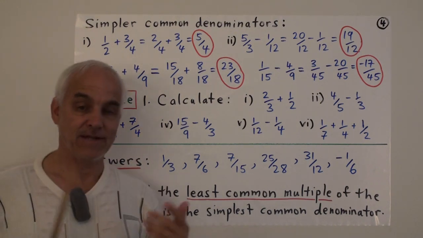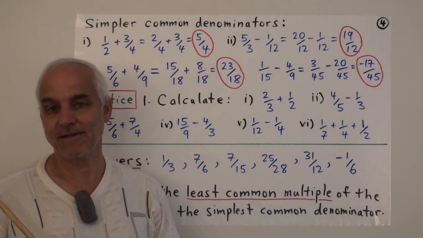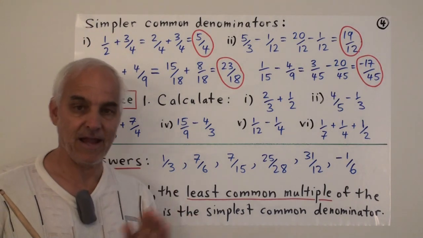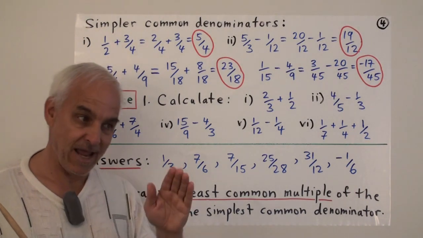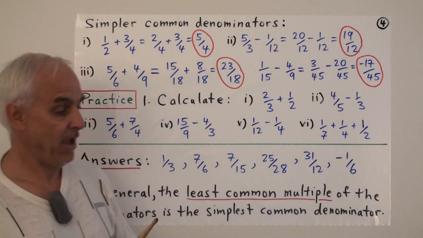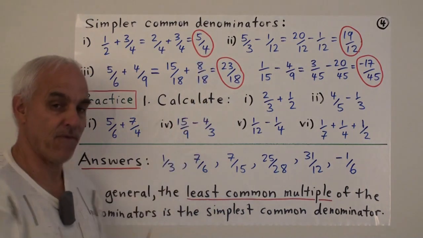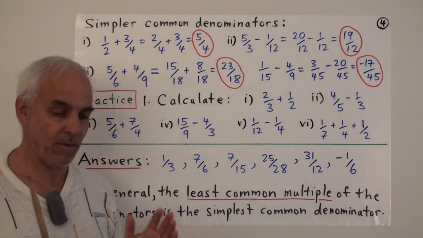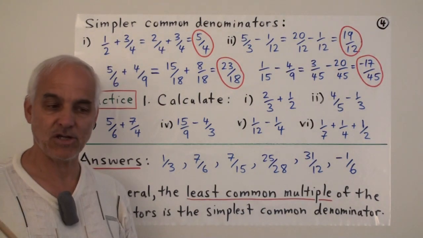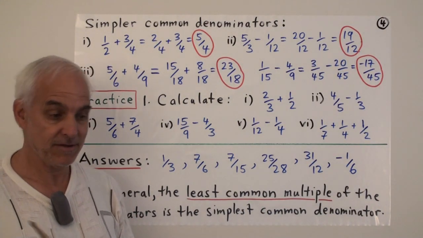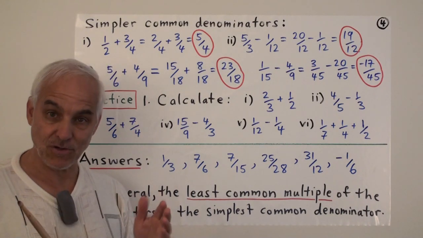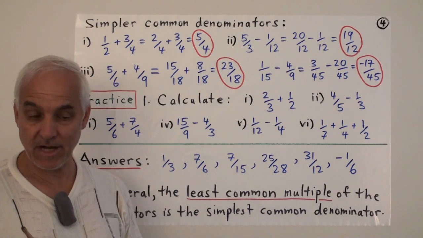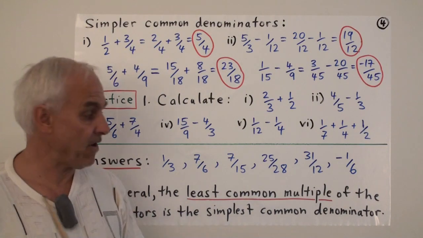So the 10 over 8 is correct, but it's not in the reduced form because we can divide a 2 from the 10 and from the 8. And if we do that, then we would get 5 over 4. So we can get the same answer, but we just have to be aware that when we make a calculation with fractions, we should have a look at the end to see if there's some common factors in the numerator and the denominator that we can cancel to simplify the fractions.